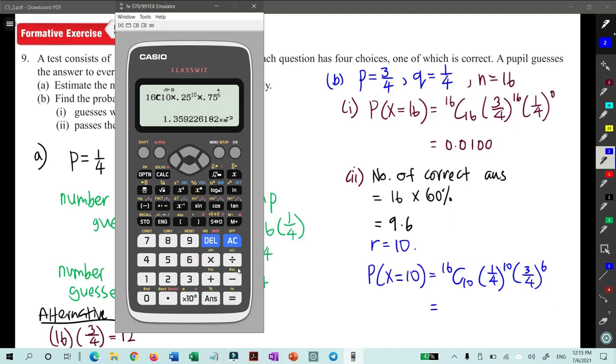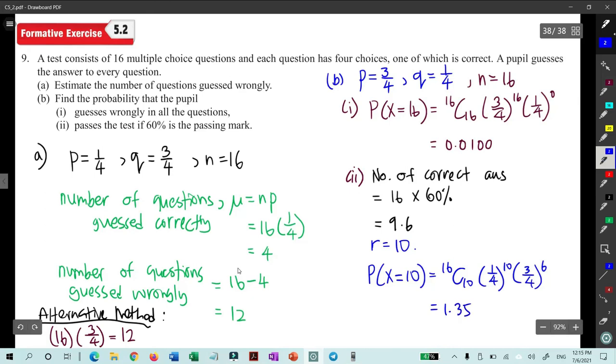Okay, the final answer is 1.359 times 10 to the power negative